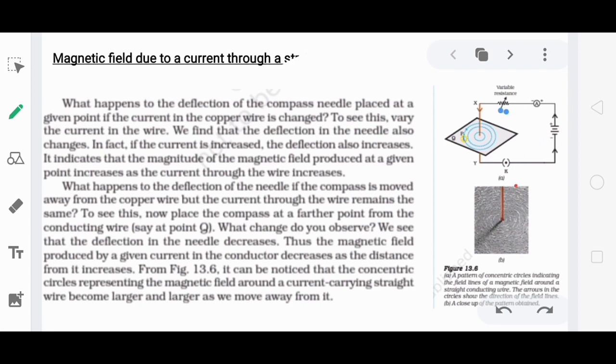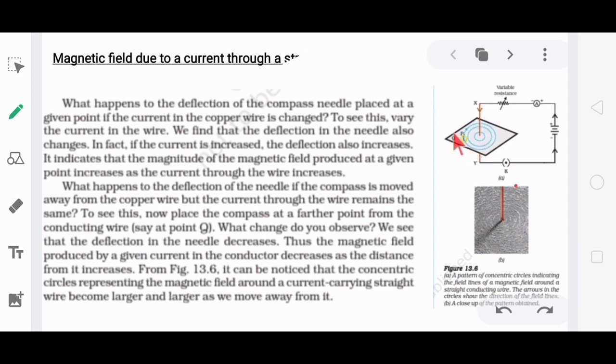When you increase the current, the deflection of the needle of the compass will be more, and in case you decrease the current, this time the deflection is less. And here deflection defines the radius of the circle. If deflection is more, the radius will be less and the circles will be nearer to the wire. The north-pointing direction of the needle is the direction of the magnetic field lines.